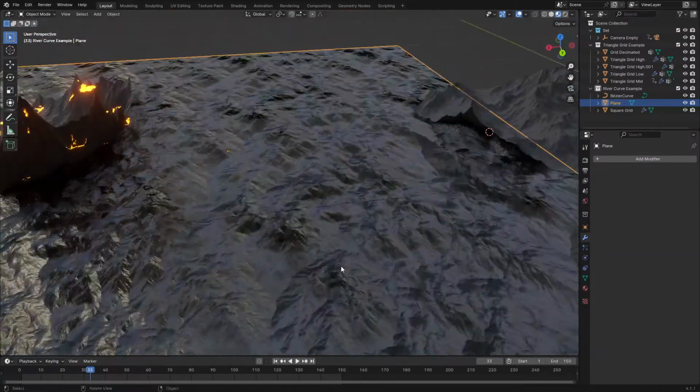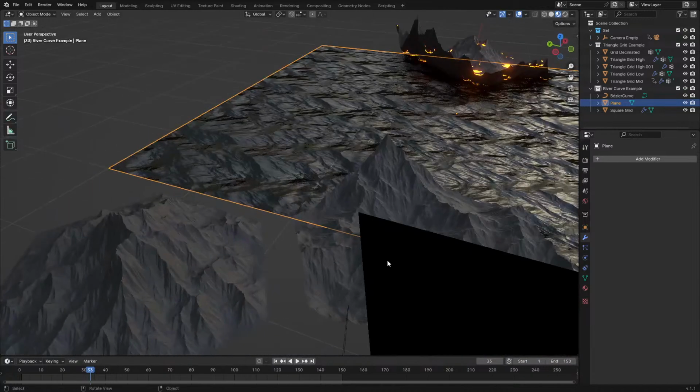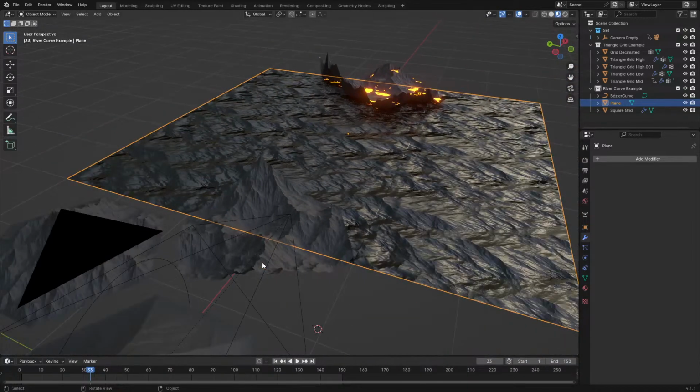EV Legacy is very nice and stable and has less noise, so I do prefer it, and the main reason for all this is that when I put this up on Gumroad, people who have like a year-old version of Blender, which I believe 4.1 is half a year old, maybe a bit older than that, they can still use it, because not everyone is using the newest version of Blender, which is 4.2, and quite a few people have not upgraded to 4.2 due to a couple of issues,